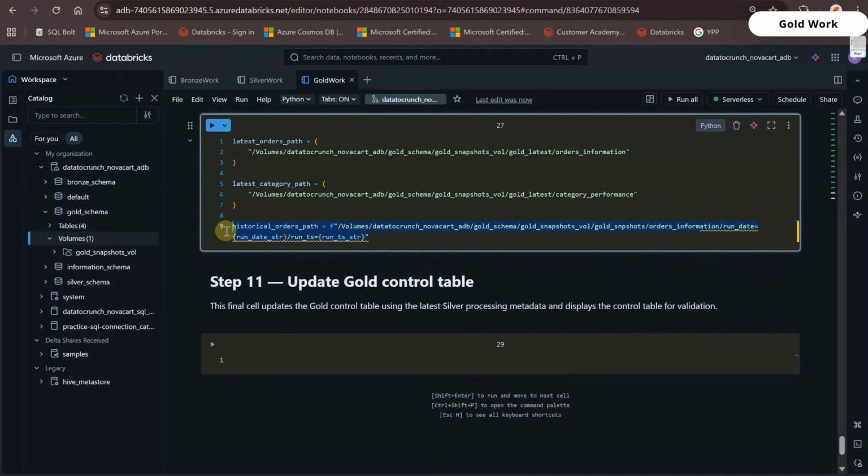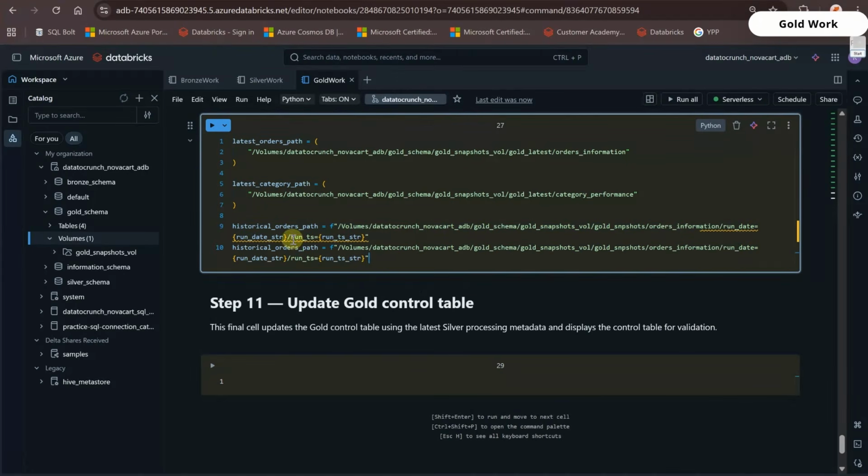Now similarly, we will do it for category performance path. So for this, till gold snapshot is fine. Here we need to change it to category performance. Okay, so now once we are done with this,